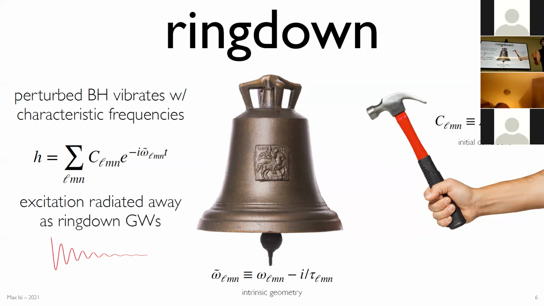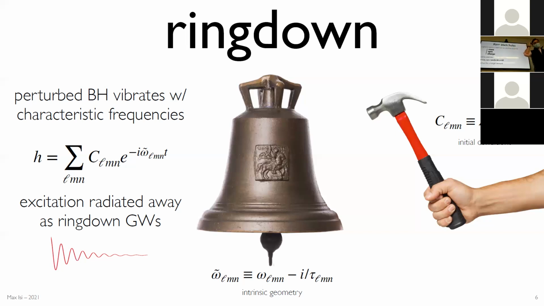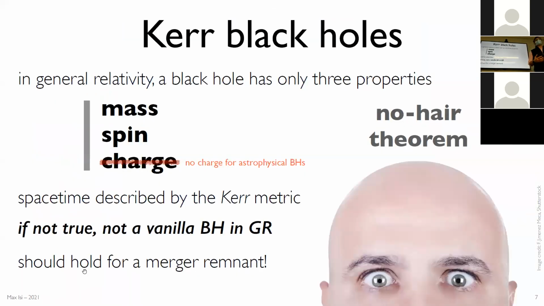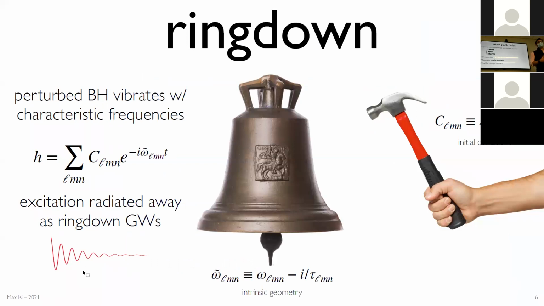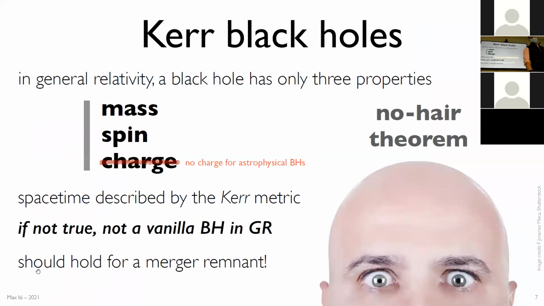So by studying these quasi-normal modes in the signal, either the sound for a bell or the gravitational waves for a black hole, we can try to pin down these frequencies, extract them from the data, and reconstruct part of the geometry of the object. For a black hole, if everything is as we expect, this should mean that we can learn about the mass and the spin and the charge, which are the only three properties that should determine everything about a black hole as we expect it to be. In an astrophysical context, the charge is not expected to be relevant, so we usually just talk about the mass and the spin, and we expect this space-time metric of the black hole, the geometry, to be fully described by the Kerr metric